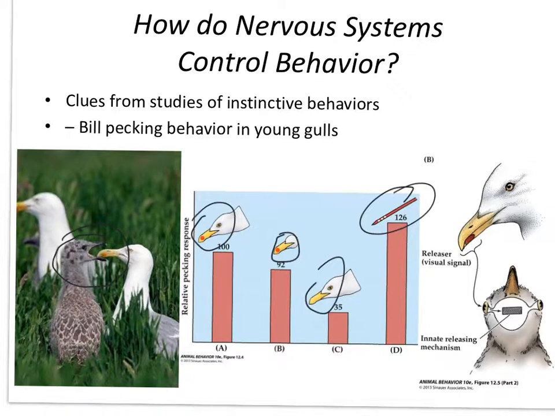And then, of course, so we've got the visual stimuli. Then there's going to be some processing, not very much, probably, and it's going to release that mechanism, and it's going to go through. There'll be signals sent out to the baby bird to peck, and so there'll be interneurons and motor neurons all tied into the actual neurons that give the behavior, what kind of behavior it's going to be.